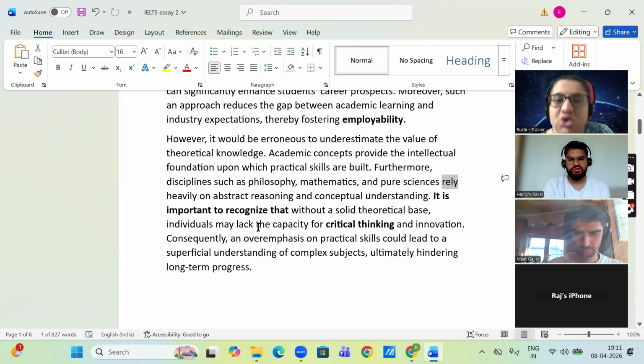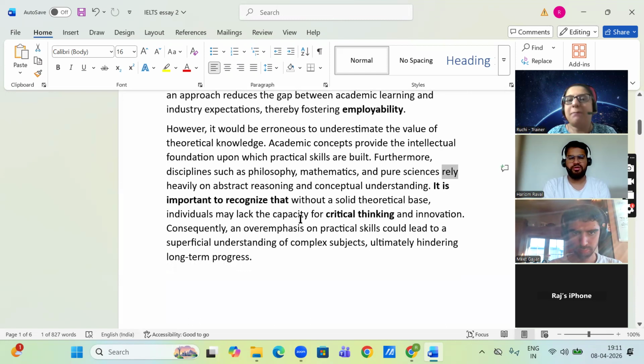It is important to recognize that. It is important to recognize this. Okay? It is important to recognize that without a solid theoretical base, individuals may lack the capacity for critical thinking and innovation. Simple point, but I'll repeat again. You can close your eyes. It is important to recognize that without a solid theoretical base, individuals may lack the capacity for critical thinking and